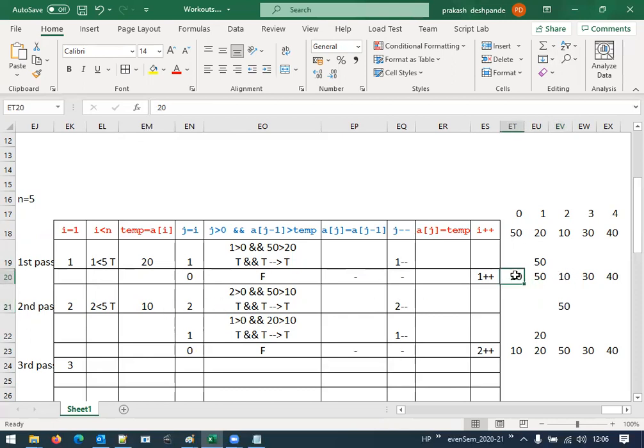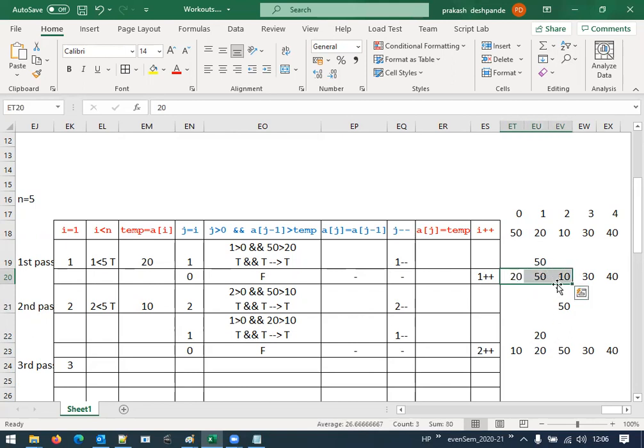Then that 20 was compared with that 10, and again we found that this is bigger one. We positioned it here, and then finally 10 was placed at the smallest number. That means out of these three, the smallest number was taken and positioned on the leftmost side. So now we got 10, 20, and 50.